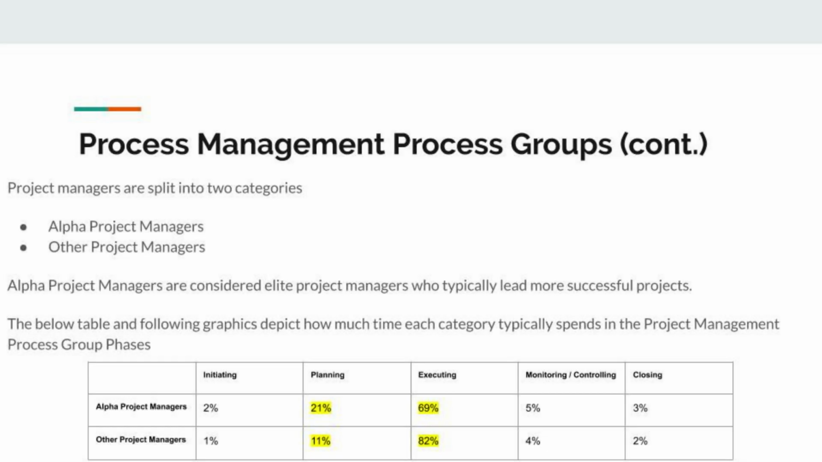Hi, my name is Seok, and I'm going to talk more about project management process groups. Project managers are split into 2 categories: Alpha project managers and other project managers. Alpha project managers are considered elite project managers who typically lead more successful projects. The below table and following graphic depict how much time each category typically spends in the project management process group